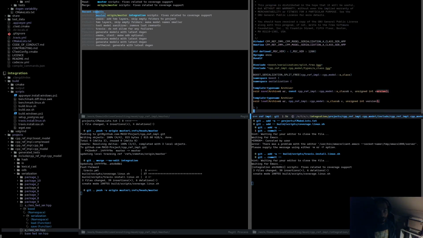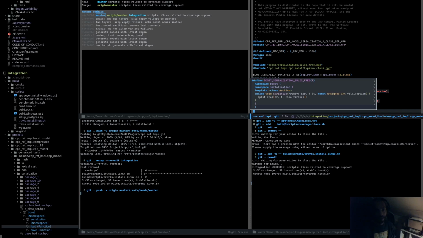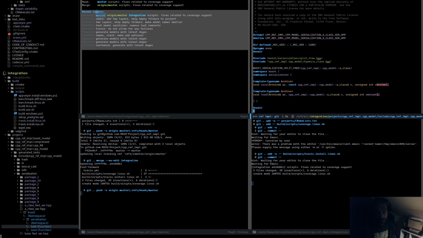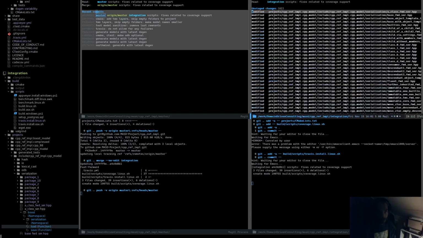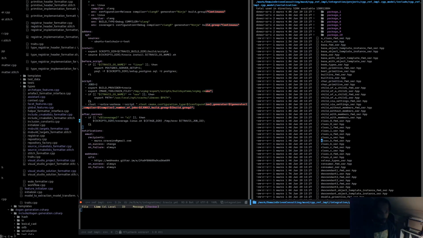Okay, so I see. The problem we had there was we were confusing the forward declaration with the actual header file. See, this is not a forward declaration, this is the header file. Okay, that's fine. So what we'll do is let's just pop over to C++ view in this project, and then